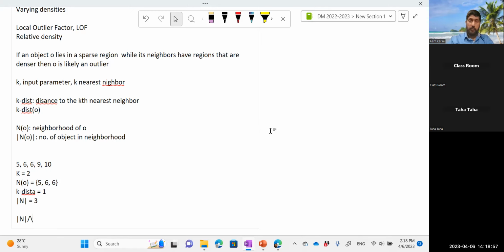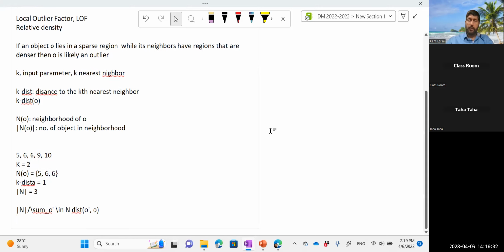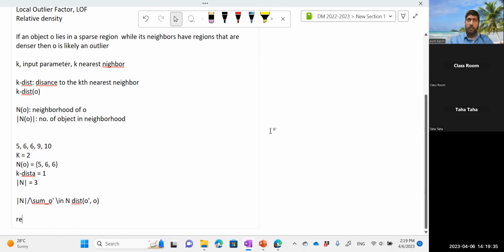so of course sum भी ले सकते हैं, तो one way of doing that is you can say simply sum of all objects in the neighborhood of O, so you have an object O prime which lies in the neighborhood of N, ठीक है, of their distance to the object O, ठीक है, O prime and O, ठीक है, dm is the actual distance. So usually we do a bit of smoothing on this, तो at least जो LOF technique है वो थोड़ी सी smoothing apply करता है, ये नहीं approach करता, it defines another distance which we call the reachability distance,